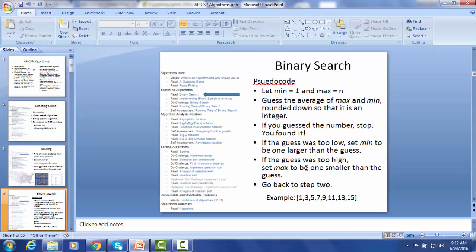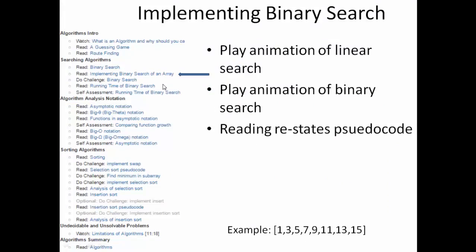And if the guess was too high, similarly you'd set the max to be 1 less than the guess. And then you go back to step 2 and you keep going until it's right. So this is pseudocode to express the algorithm. The next reading here in Khan has them do an animation of the linear search and an animation of the